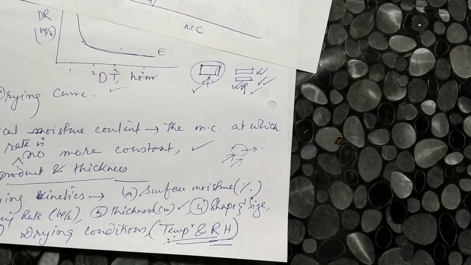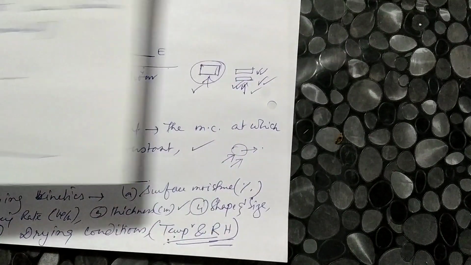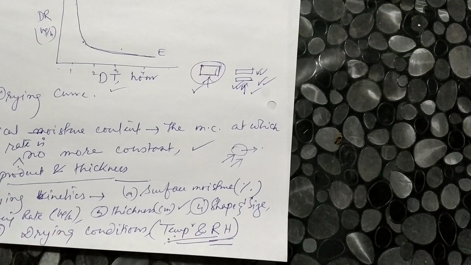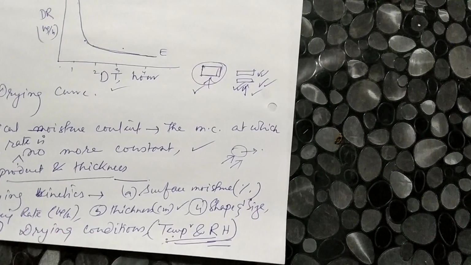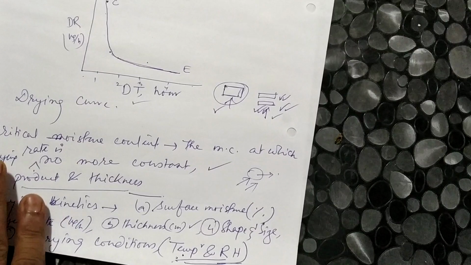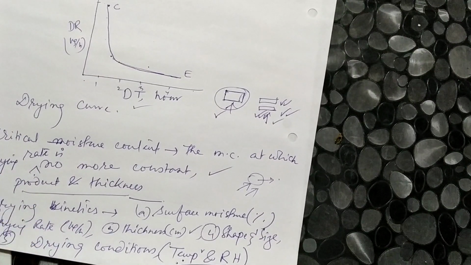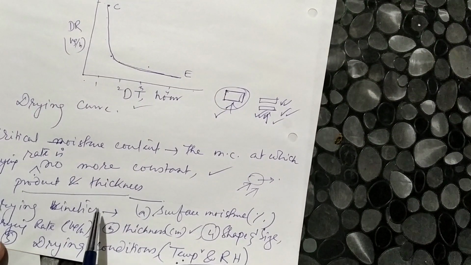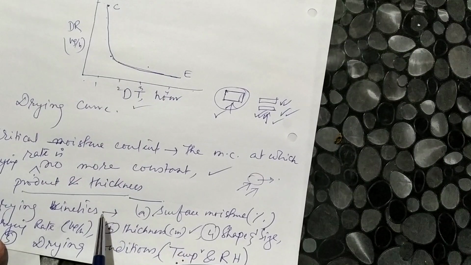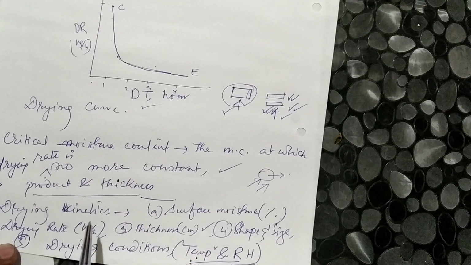So that's it, and this is all about your drying process, drying behavior, drying curves, and critical moisture content. Okay, so this is the class of drying 1.2, a continuation of the earlier class, drying 1.1. If you have any problems or queries, you can ask in this classroom section. I will upload this video in your classroom, and also I will give the handout as well. So go through this video and this note. If you have any doubt, you can ask.